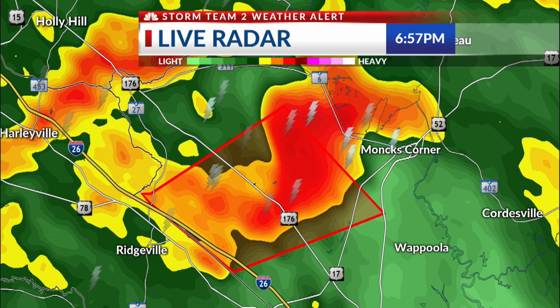It's pretty much just maintained its same level of rotation. It did quickly pick it up a bit earlier, but it wasn't the same intensities if you've been following the weather all throughout the day. It's not the same intensities that we see all the way back into Georgia. But if we actually switch this over to velocities, I think that's a little bit easier to actually see what